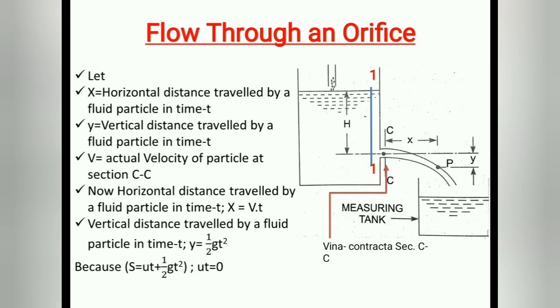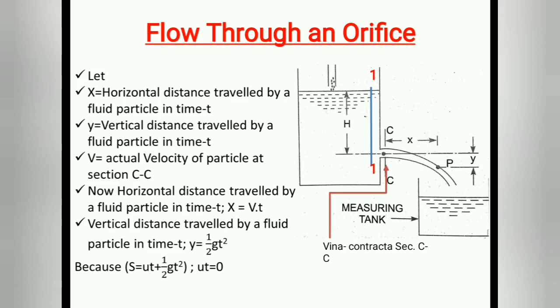Now flow through the orifice. Now the other case, which is actually the practical case. In this we collect all the flowing liquid in the measuring tank to determine the discharge. Now in the real case, or practical approach, assume that a particle of the fluid flows in the x direction and after a few distance after the exit from the orifice, after the vena contracta, its velocity decreases and the particle is lowered, flowing in the downward direction.